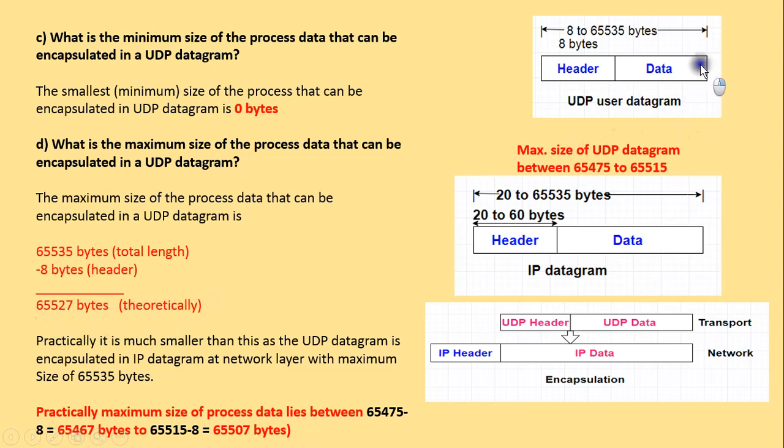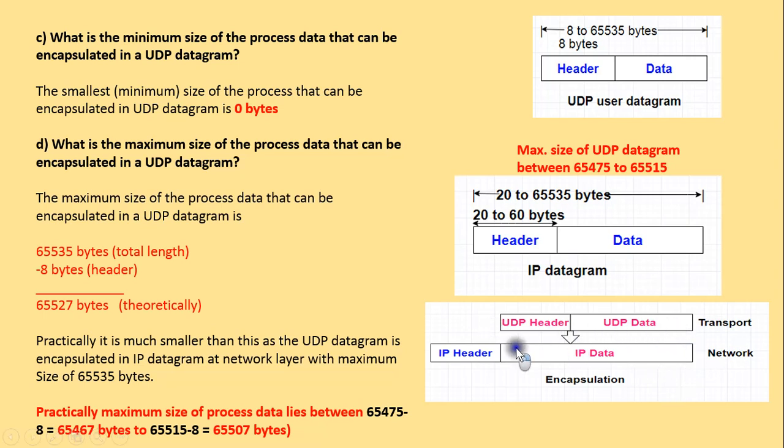So maximum size of the process data that can be carried in UDP user datagram is 65527 bytes theoretically, but practically it is much smaller than this, as the UDP datagram is encapsulated in the IP datagram at the network layer, having the maximum size of 65535 bytes.